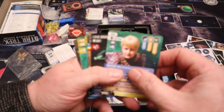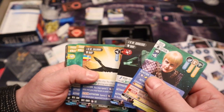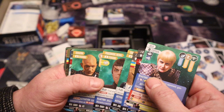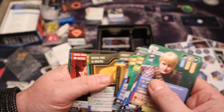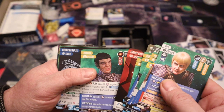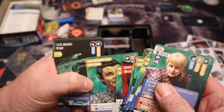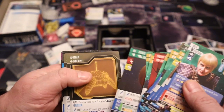We have Sella. We have Sella's deck. The captain there, Sella, on the IRW Garaxus and the IRW Valdor. Donatra, Proconsul, Neral, Shinzon, Scimitar, Force Singularity. Let's have a look what else we got. Tomalak, the person there, Commander Turul, General Movar,